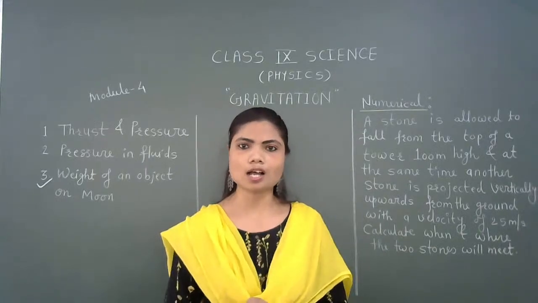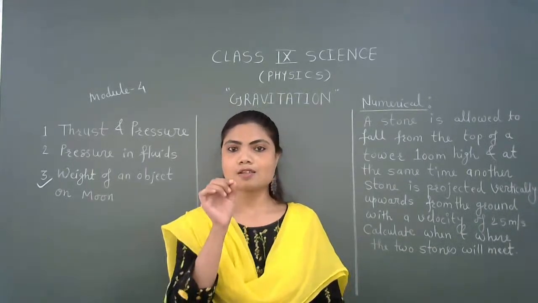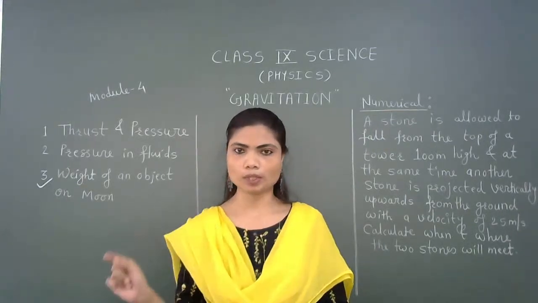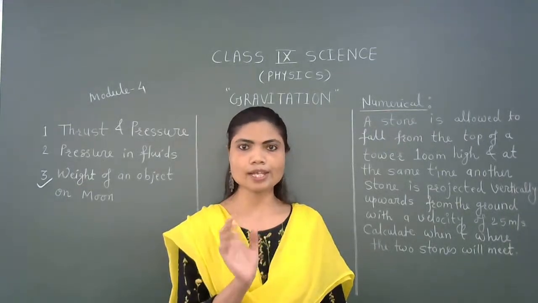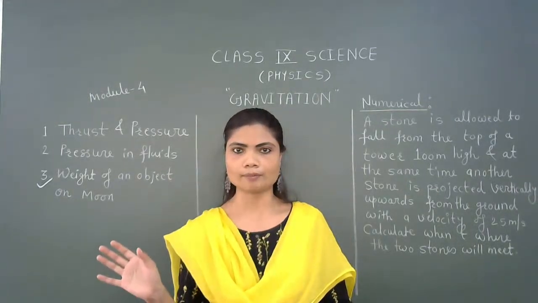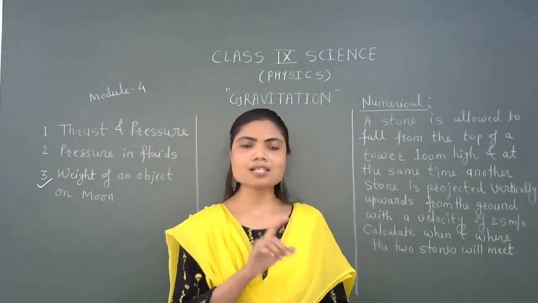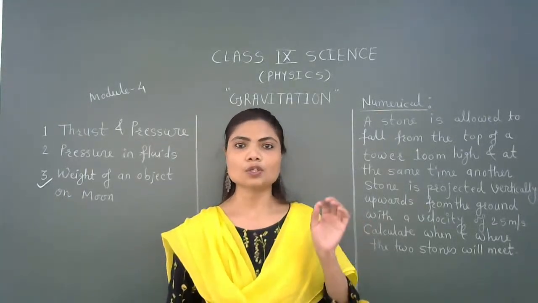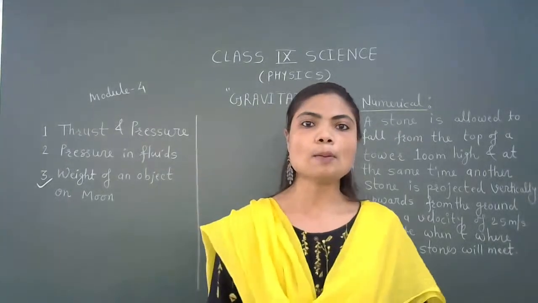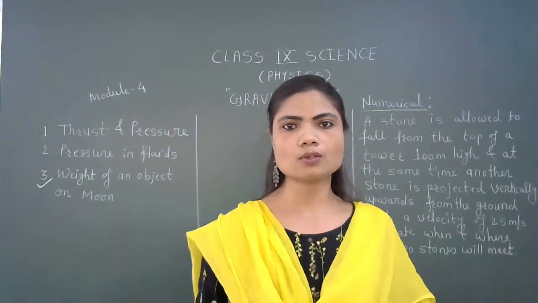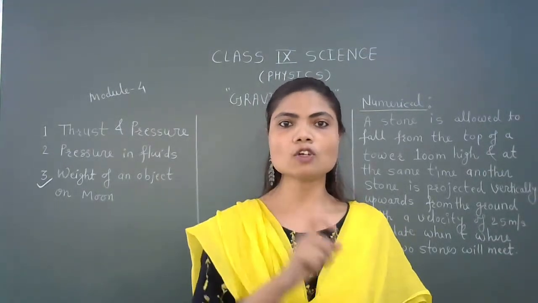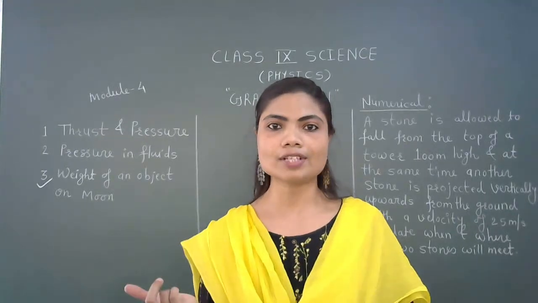In our last class, we understood that the value of small g varies at the pole and equator. We understood it with an example, and thereby the weight of any object will be different at the pole and equator. Though mass will remain constant, it does not vary according to location, weight varies according to the location, because it depends on g, meaning the weight of any object is its gravitational pull.